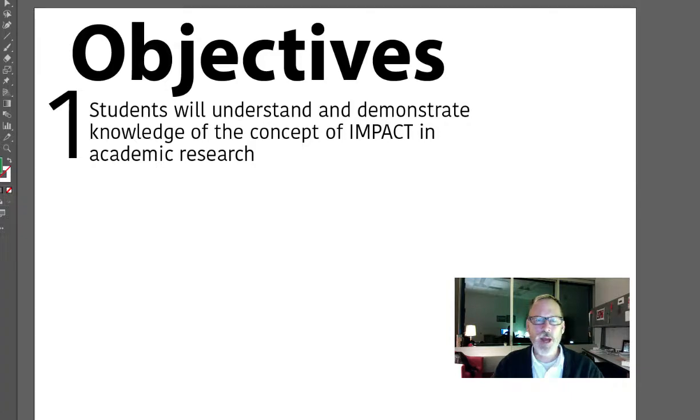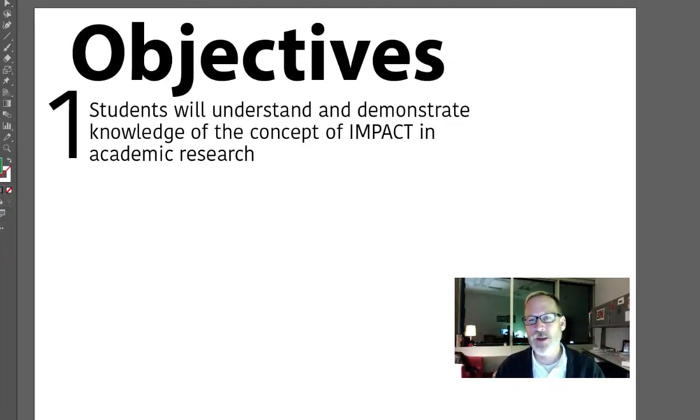In scholarship, impact is something of an academic currency. So if you publish an article and nobody ever reads it, you could say that maybe I have some impact because it got published in a peer-reviewed journal, but it might not be that important. But if you publish an article and all of a sudden 27,000 people not only read your article, but have to cite it when they're doing their own research,